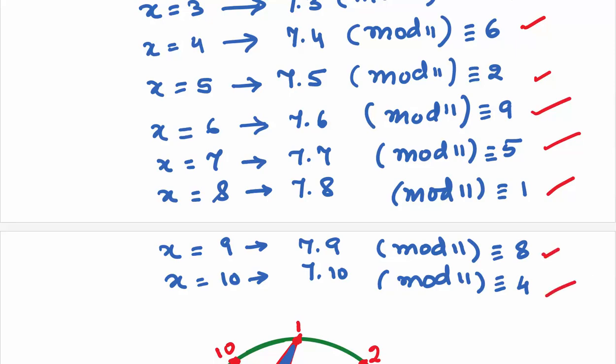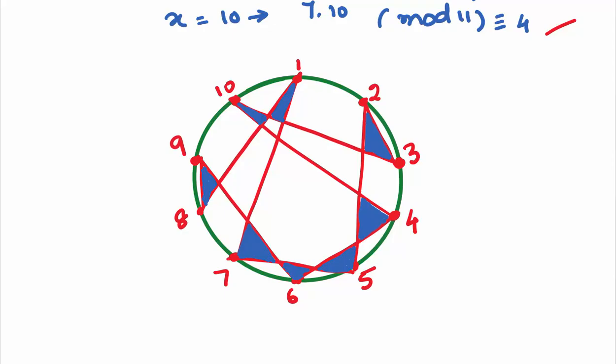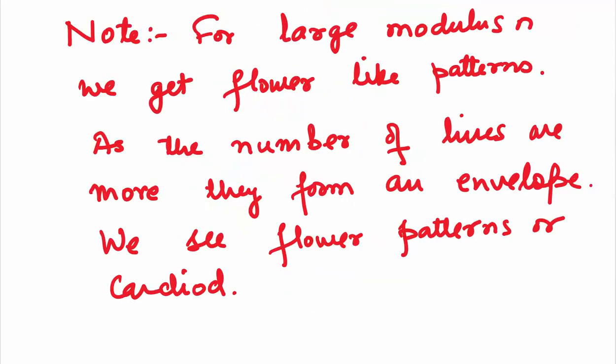Let's look at the figure now. Here you can see we have taken points on the circle and we have joined them as found above. You can color different areas to get lovely patterns. Remember, for large value of the modulus n, we get flower-like patterns as the number of lines becomes more